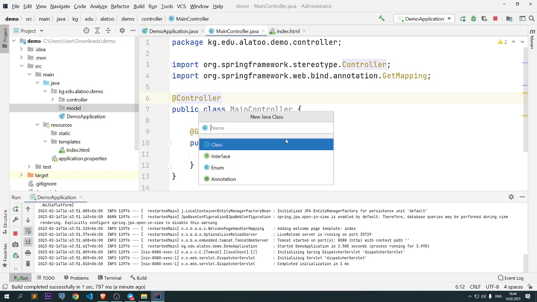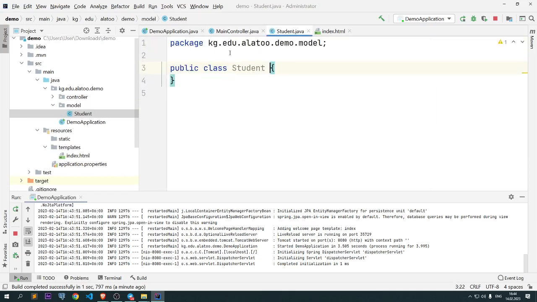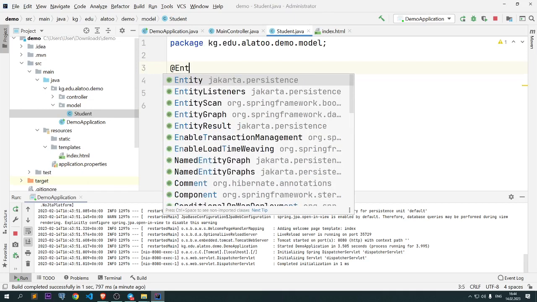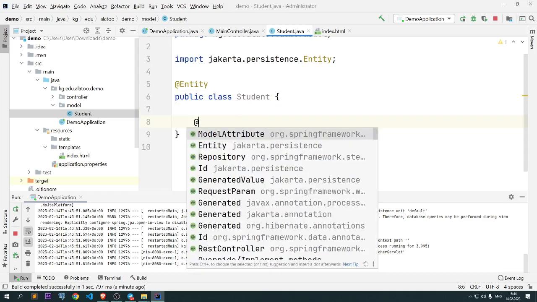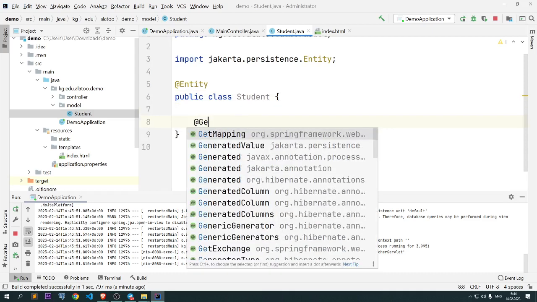Okay, let's make student then. And what is that abstraction of the student? What should we have? So first we write entity here, and we should have ID, so we should generate that value,